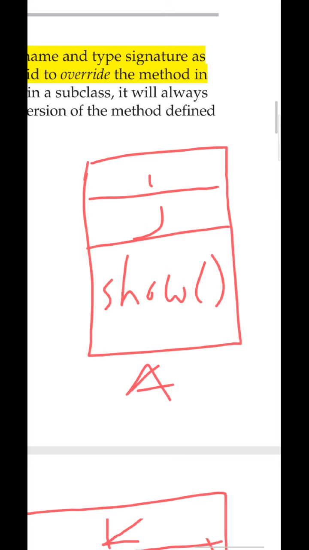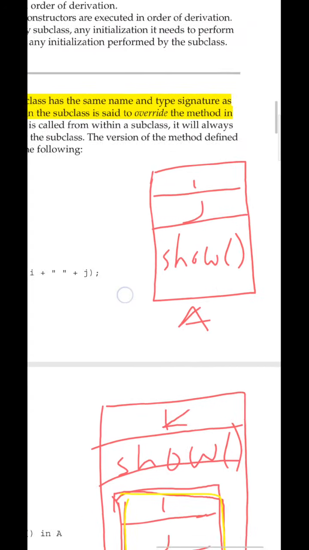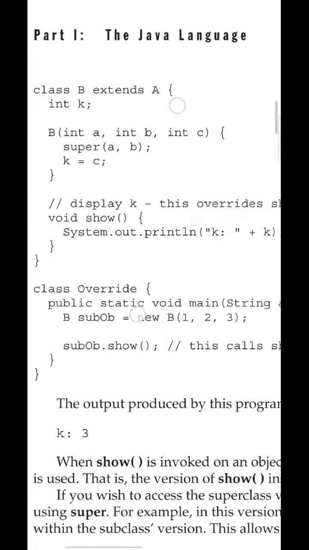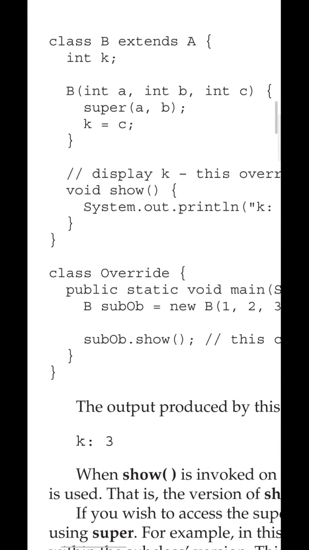Then properties of the child class we have to say, that is, let's observe the program better. Observe the program carefully. Hope it is visible. Class B extends the properties of A. First observe its own member, then you can see the parent's property. Its own member, that is int k, is its own member. Then B constructor is its own member, right?